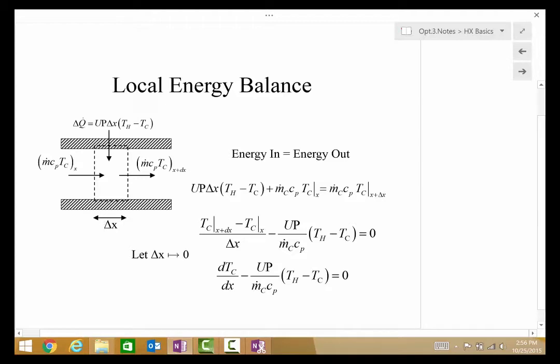For that control volume, similar issues: we have our enthalpy flow in and enthalpy flow out already converted to temperatures, and we have a differential heat transfer rate that's dependent on our overall heat transfer conductance, this U parameter or overall heat transfer coefficient, whichever way you want to think about it, and the surface area, which is the perimeter times delta X, so P delta X is the surface area,